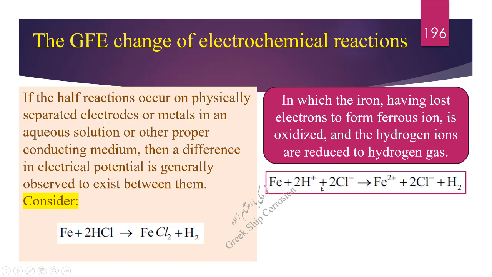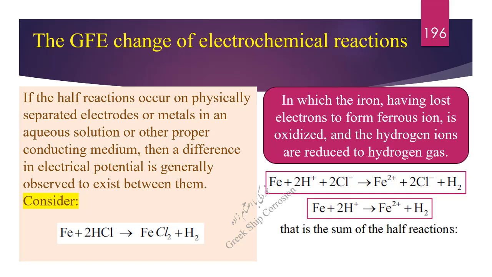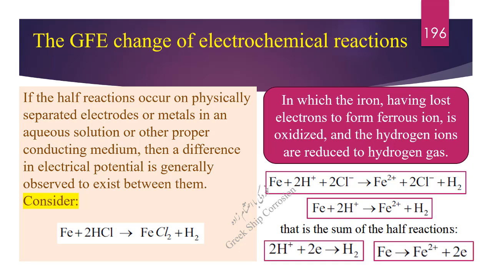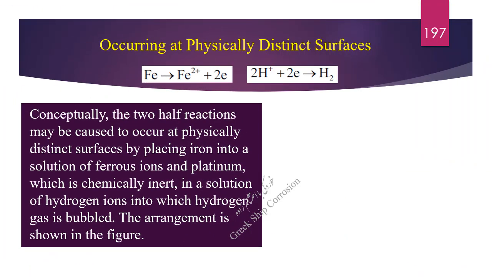Fe plus 2H+ plus 2Cl- reacts to yield Fe2+ plus 2Cl- plus H2. Fe plus 2H+ reacts to yield Fe2+ plus H2. Here, chloride anions are not involved in the reaction. Thus, that is the sum of the half reactions, reduction of proton and oxidation of iron, occurring at physically distinct